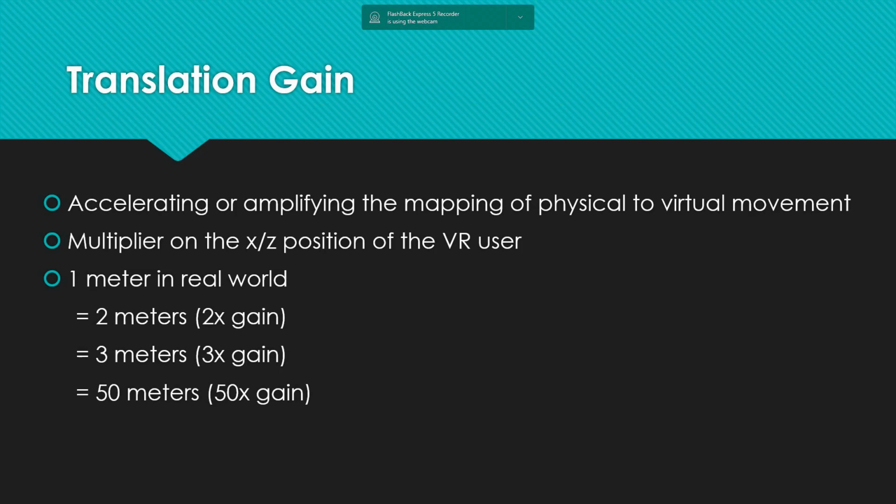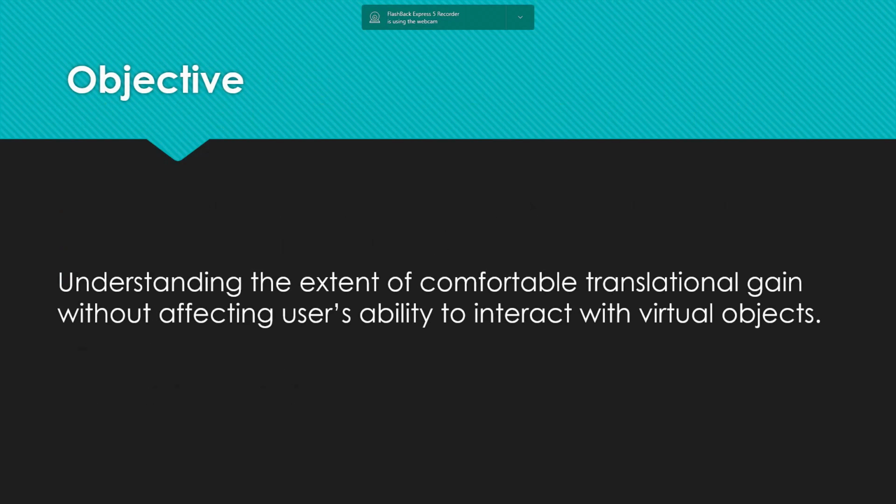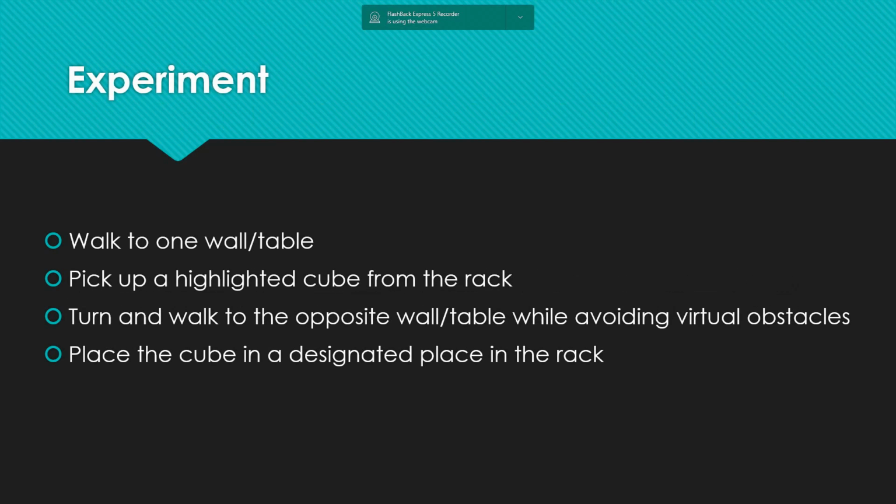There have been studies, and this technology has been here for quite a while now. But there's been no study about interacting in a gain environment. So the objective of this paper is to understand the extent of comfortable translation gain without affecting users' ability to interact with virtual objects. The experiment was designed in a way where they were given an array